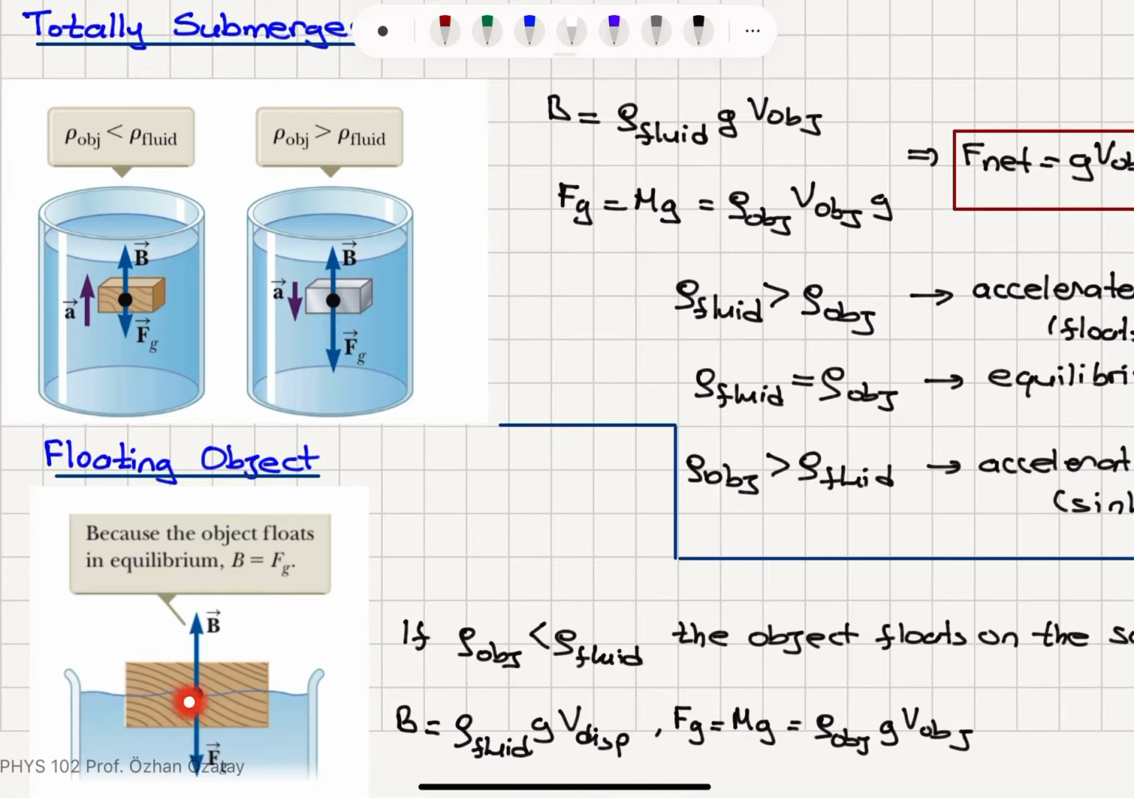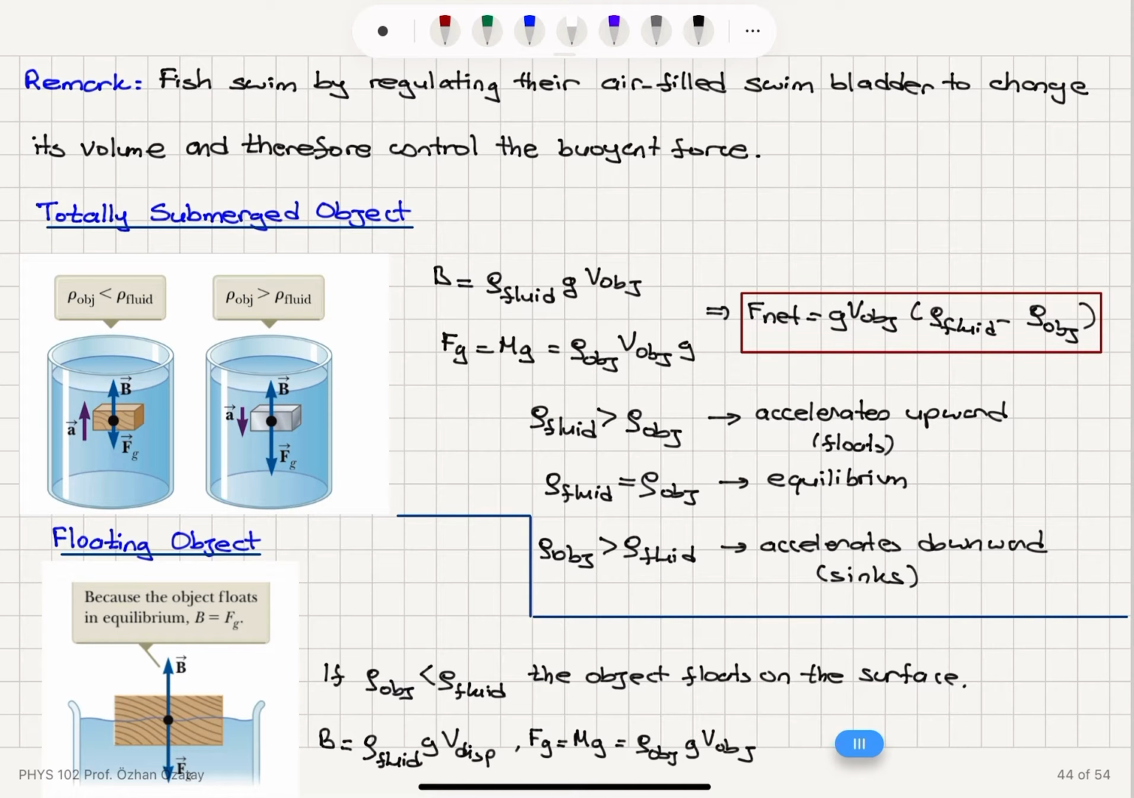And at what distance from the bottom surface of the object will it stop on the surface of the fluid? Well, that means we have equilibrium. The buoyant force is equal to the gravitational force. So the buoyant force was rho fluid g V displaced. The gravitational force was rho object g V object. So we're going to have the displaced